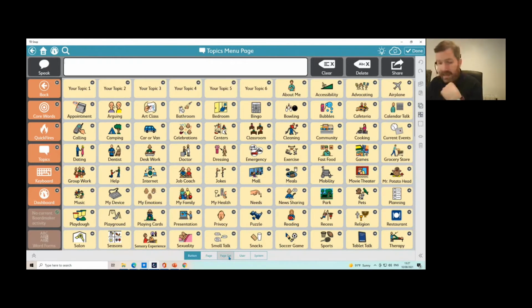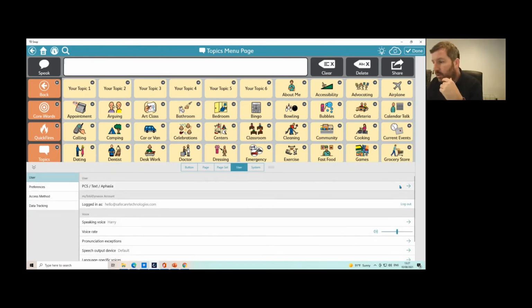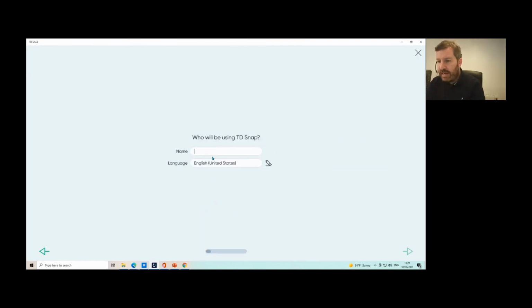One of the other things that I wanted to show you, some of maybe the new features, are when you're setting up a new user, how much easier it is now. So again, this is the page you're brought into. Is it a new user, an existing user? If it's an existing user, obviously you can bring through all your existing page sets, etc., and your edits. So if I say the user is Connor,